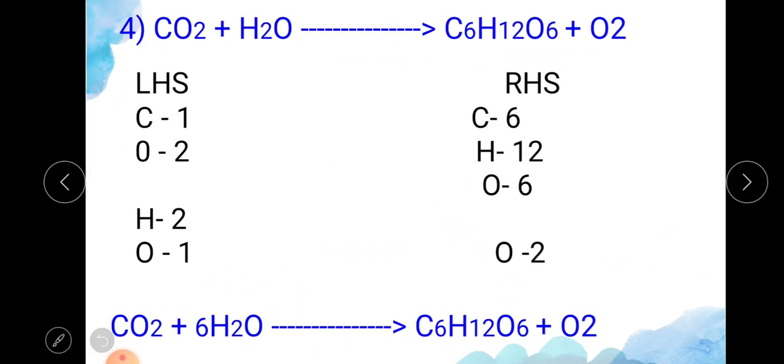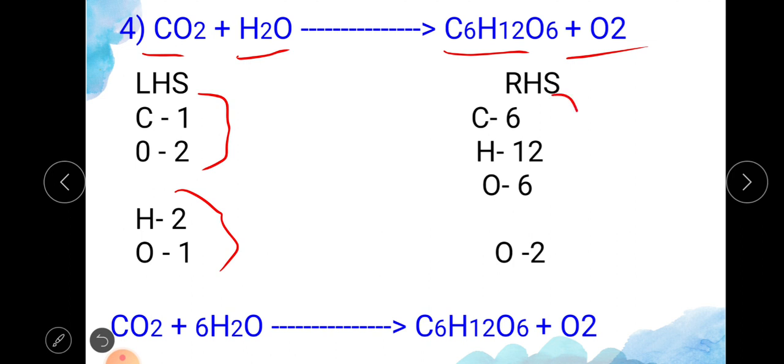Next, the fourth chemical equation for balancing, that I told you is very important. This is the photosynthesis reaction. Carbon dioxide plus water will give glucose and oxygen. Here you take each as a separate formula. Carbon dioxide is separate and water is separate. Glucose is separate and oxygen is separate. If you take them all combined, we won't get the equation balanced, or we'll have a problem writing coefficients.